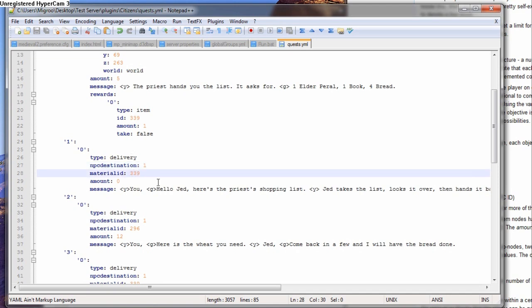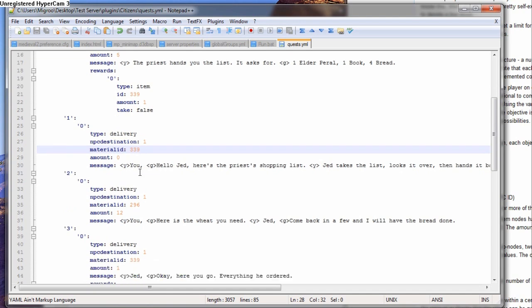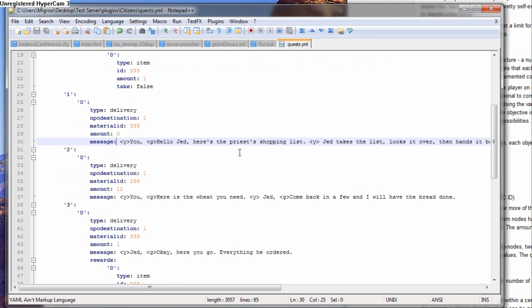Now the material ID, since this is a delivery, we need to know what we're delivering, and we're delivering a piece of paper. And I've got the amount set to 0 because I don't want the NPC to actually take the piece of paper, because the amount is the amount he's actually going to take. So you have to have at least one in your hand to hand it to him, and then he won't actually take it, but you'll get the message because you'll have completed the sub-objective. And okay, so you get the little message,